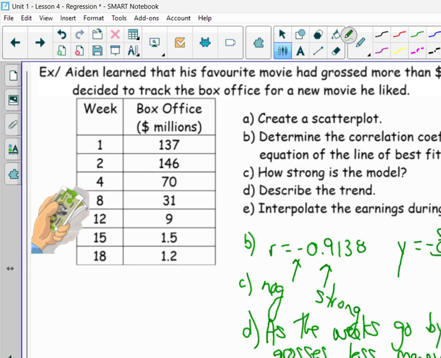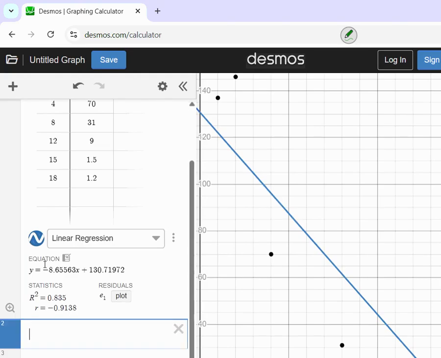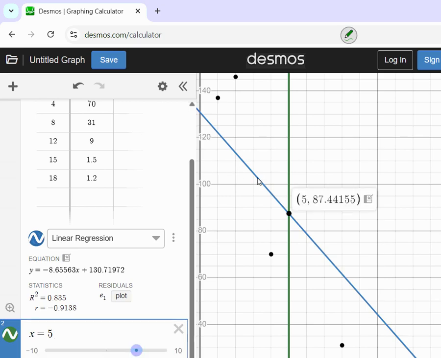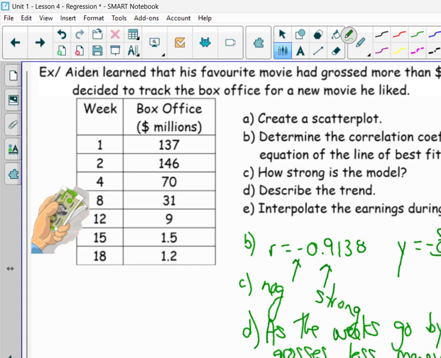Okay, interpolate what happens during week 5. Should be a pretty good interpolation because we have a pretty strong model. Let's just type in x equals 5. And I got 87.44. And so we got 87.44. Notice that's in dollars, but not just dollars. It's actually in millions. Make sure you put that word in there. I made 87 million, which should make sense. Week 5. It's somewhere between